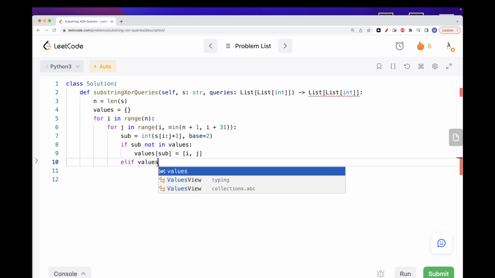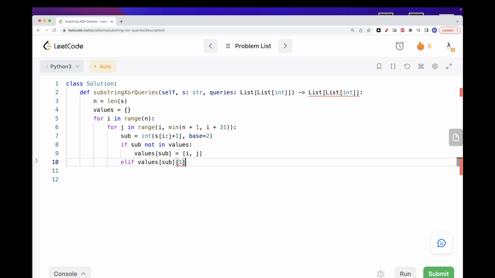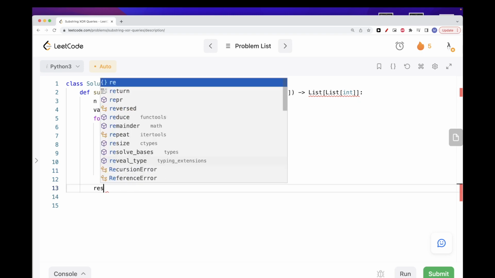And the new one is shorter than the previous one if the length of the previous one, which is just values of 1, which is j, minus values of 0, which is i, is bigger than the length of the new one. So if the previous one is bigger, that means the new one is shorter, right? So that means this new length is shorter. In that case, we want to replace. But otherwise, we don't want to replace. And then we just have our result, and we go